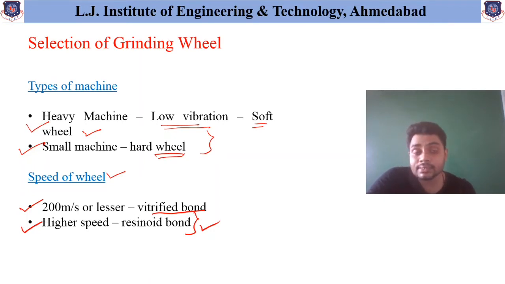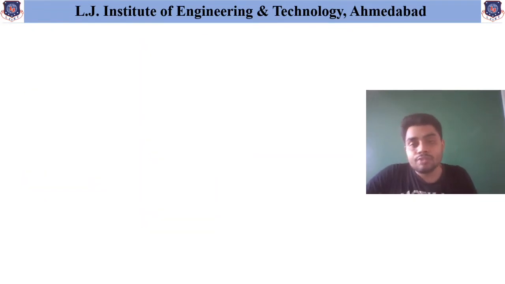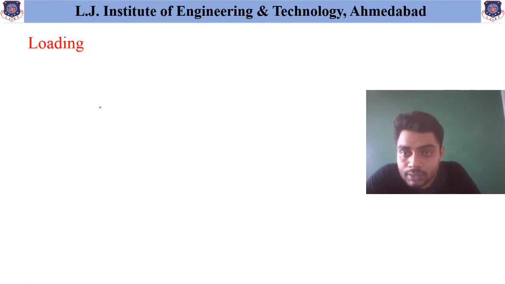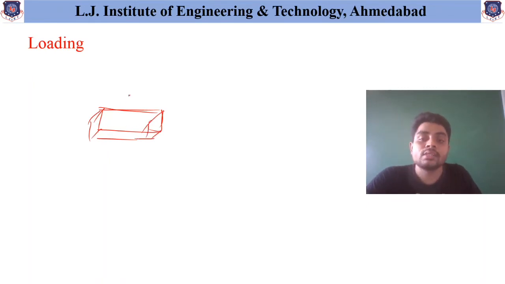Now let us understand some of the important parameters that are used in the case of the grinding wheel. So the first parameter is the loading. So what is the meaning of the loading? As we know, suppose one wants to perform a machining operation on this particular workpiece,